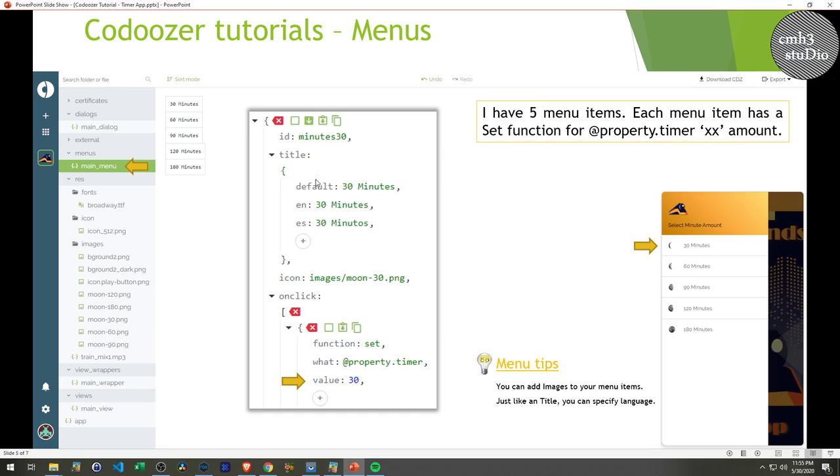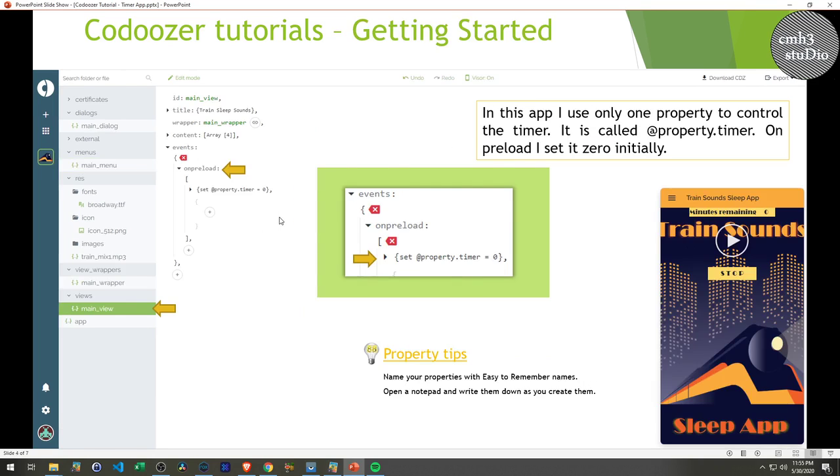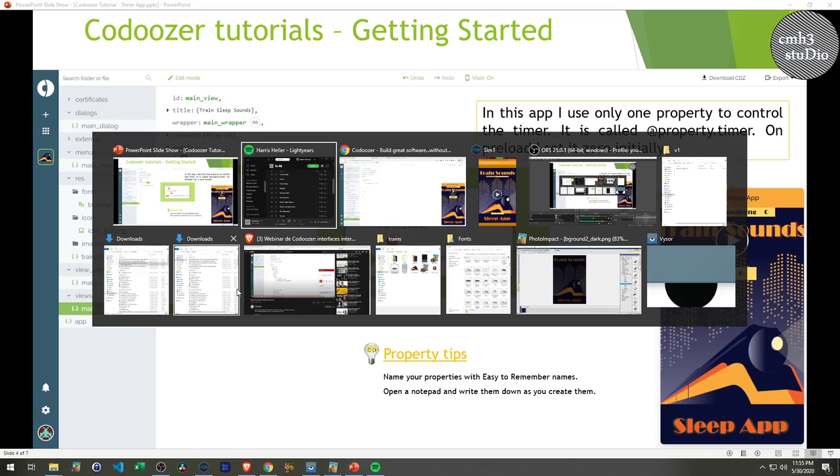In the PowerPoint. So, what I've done is, where I'm going to start you off at is actually at the very beginning when you start the program. When you create a Codoozer app, it generates enough of the views and wrappers to get you started on your Java or JSON arrays and JSON objects. And so when you first start,